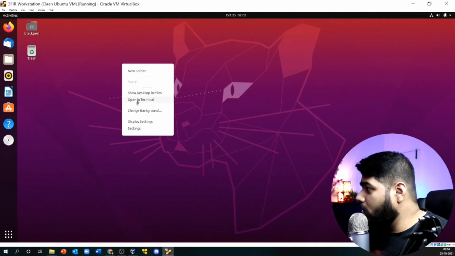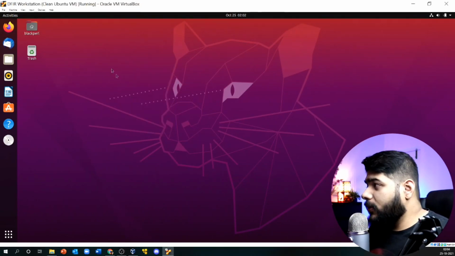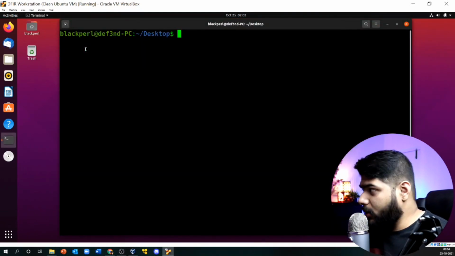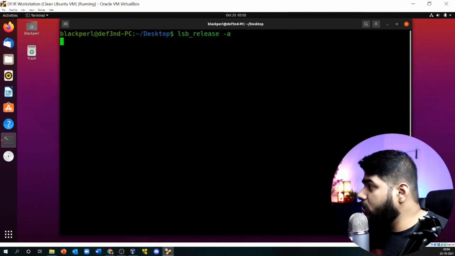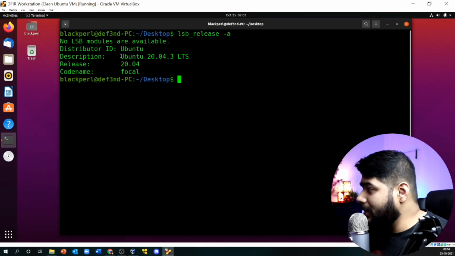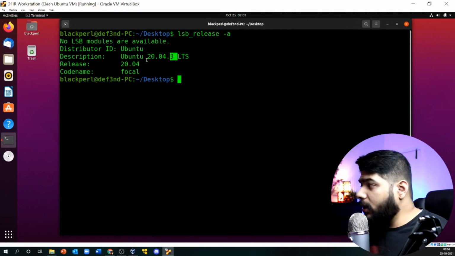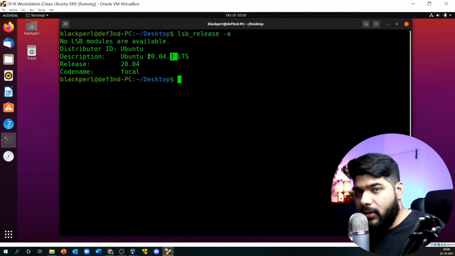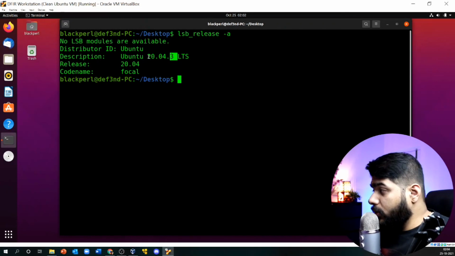Now let me open up my terminal over here. The first thing that we are going to do is install the SIFT Workstation. That is our first need. First let me show you the version. As you see, it is running on Ubuntu 20.04, release version 20.04.3 LTS. Now remember that if you install the SIFT Workstation on 21.04, it won't work, because as per the SANS forensics definition, you have to use this 20.04 version. Otherwise it is not supported.